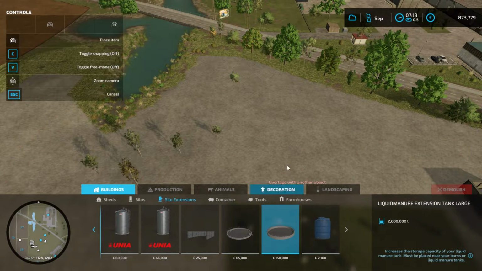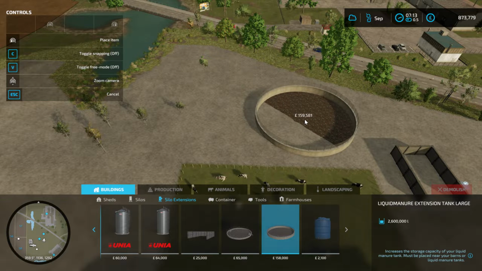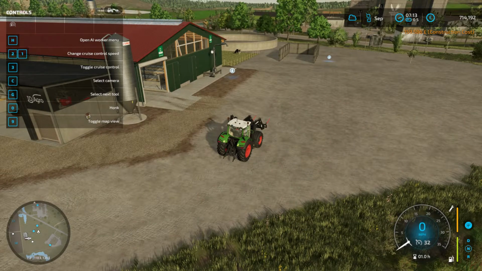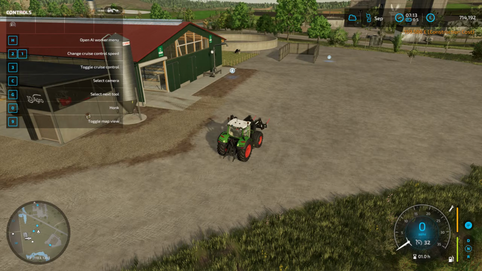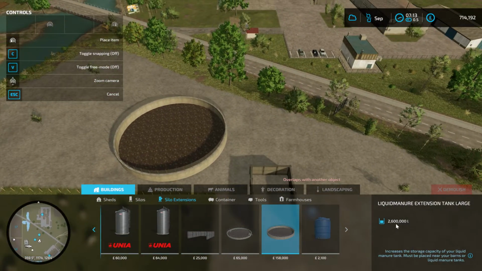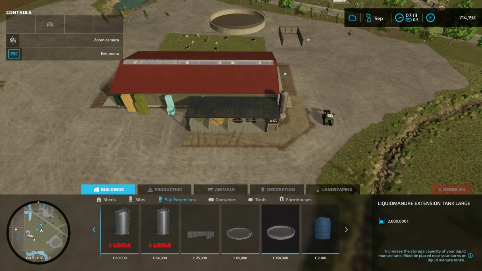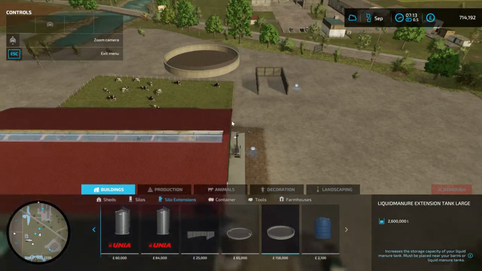large one. So if I place this guy right there, now you'll see the amount of slurry, like this bar, significantly decreased in height. And now it's going to fill up to, I don't even remember how much that actually was. It's going to fill up to 2.6 million plus the default, however much it is, 80,000 liters that store in